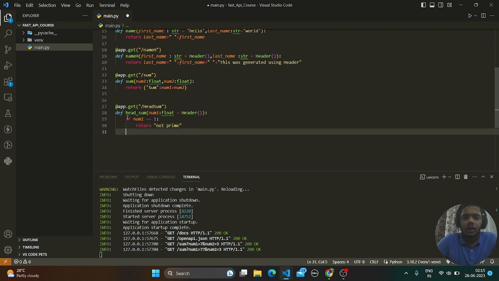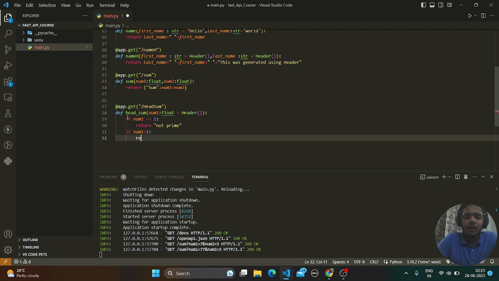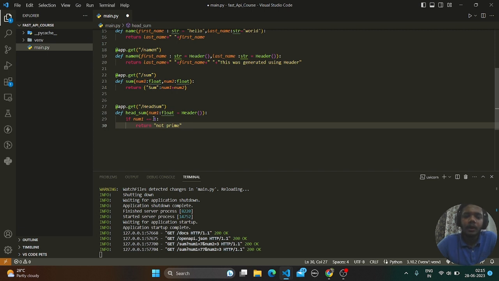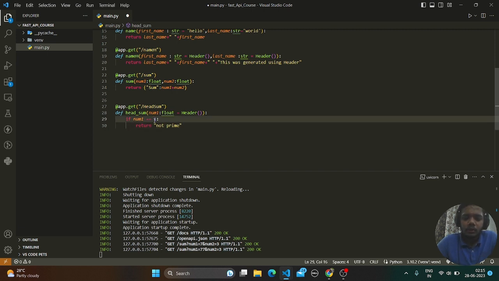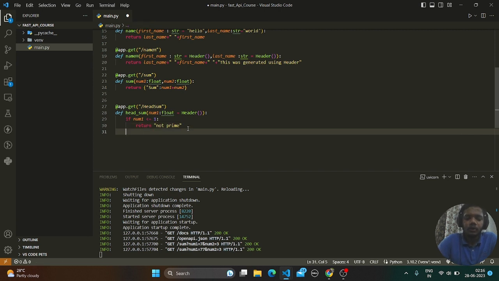And if it's less than 1, that means it's either 0 or a negative number, and we can't define anything for that, so let's just return that they are not even prime. Even negative numbers, we can't consider them prime numbers, but we can say that they are not prime, right? So I'll say here if it is less than or equal to 1, say not prime, and if it's more than 1, so what we will do,